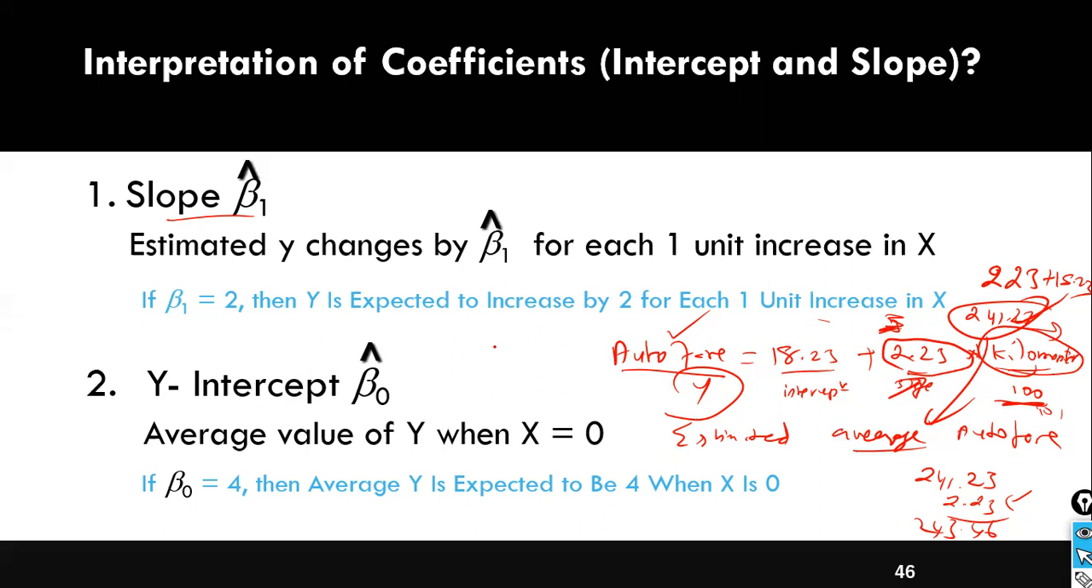Say the company CEO is sitting next to you and asking, hey, give me the estimated sales value if I spend money on so and so thing. They will ask you that. And if they ask you what the intercept is, in that case, the intercept is nothing but the average. Say, for example,